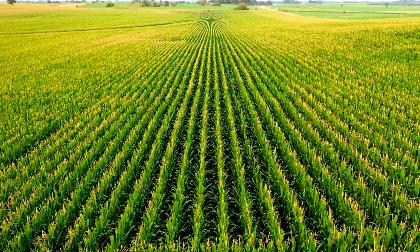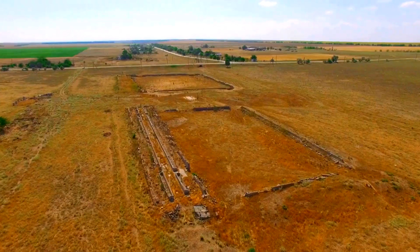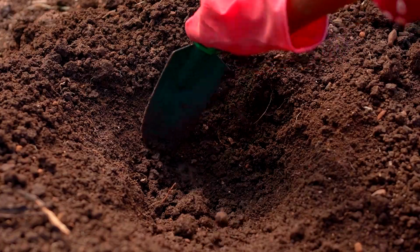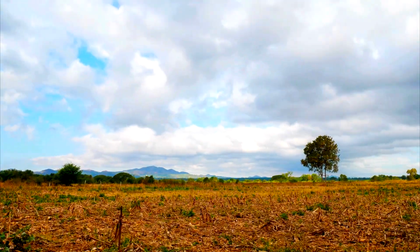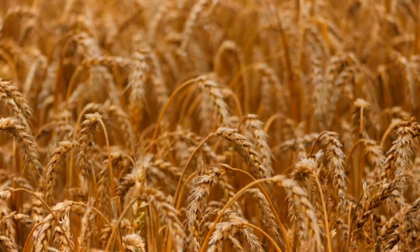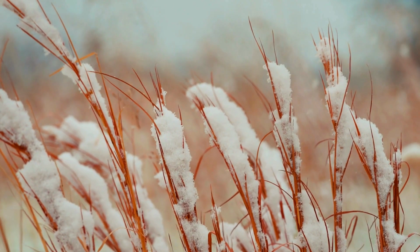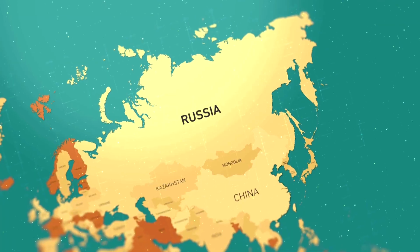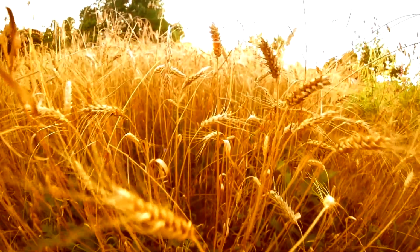Massive wheat production begins with one essential element: land. Farmers select large, flat, and fertile areas with well-draining soil and low salinity. The climate is equally crucial. Wheat thrives in temperate zones with moderate rainfall and a cool growing season. Regions like the US Midwest, Canadian prairies, Australian outback, and parts of Russia dominate global wheat output due to their